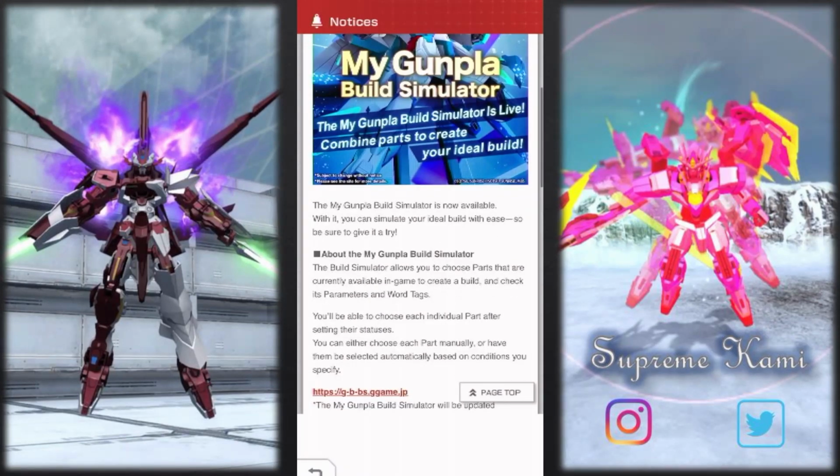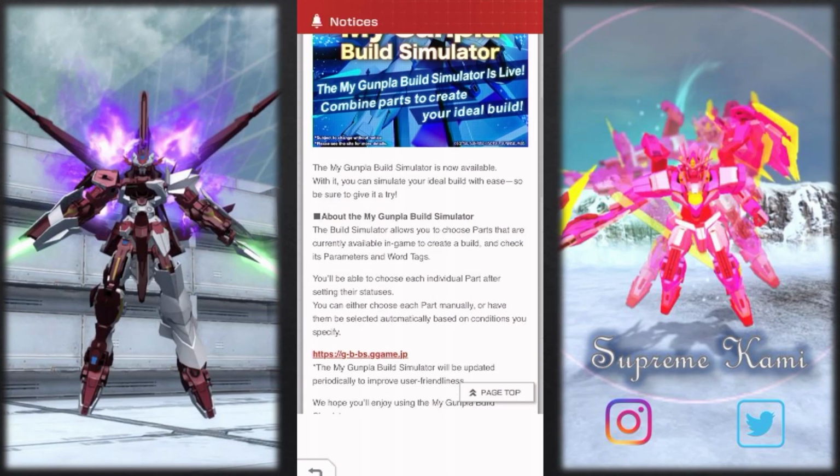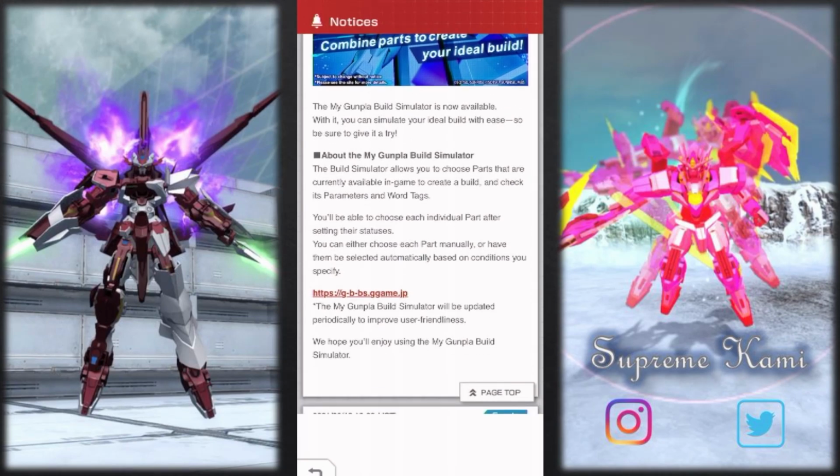My Gunpla build simulator is now available. With it you can simulate your ideal build with ease, so be sure to give it a try. So we'll actually hop into the actual website. I don't want to be looking on my phone. It's going to be a little bit too small, so we'll hop into it in just a bit as I read down a little bit what else they have in this over here about the My Gunpla build